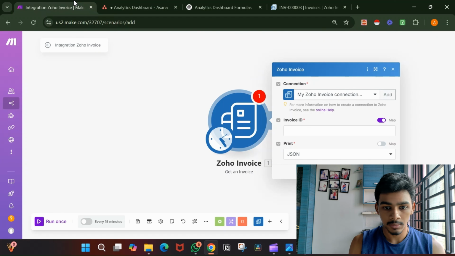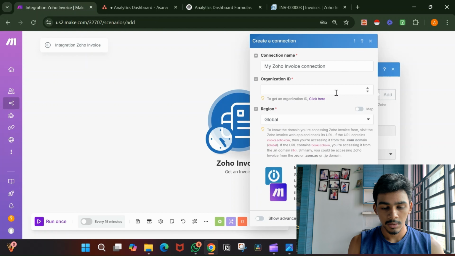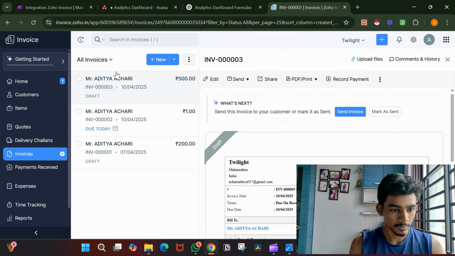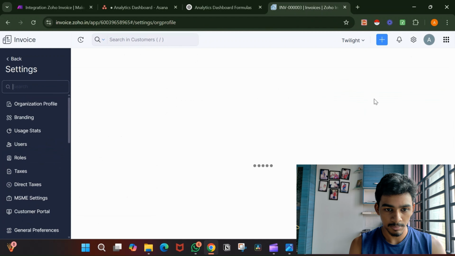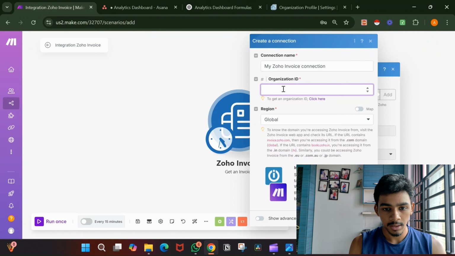So if I head back and click on add, now we need the organization ID. To get that, just go back here and then go to settings, organization profile, and just copy this ID that you see right here. All right, now go back and change